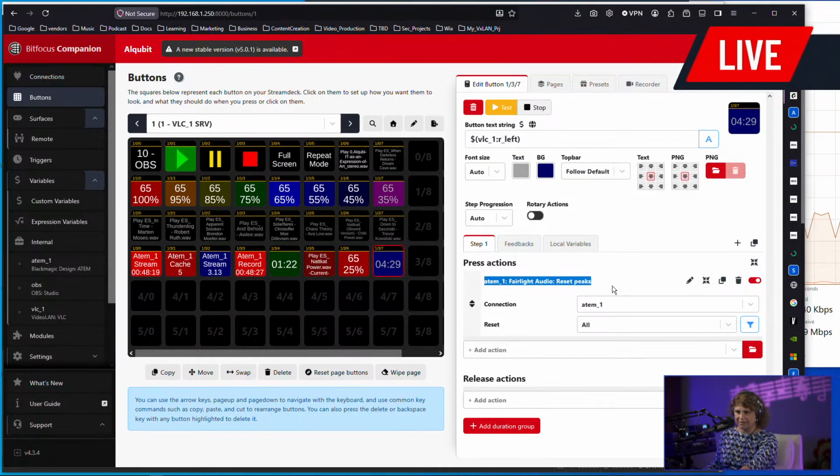This variable that is native variables on press. This is the display. What is showing me remaining left on the VLC based on what is reproducing. This press action is a native variable that I have copy pasted. Action, not variable, action, native action of this context of this variable. Atem 1, that is my Atem Mini Pro. Fairlight audio reset peaks,